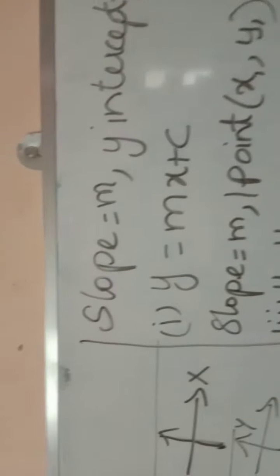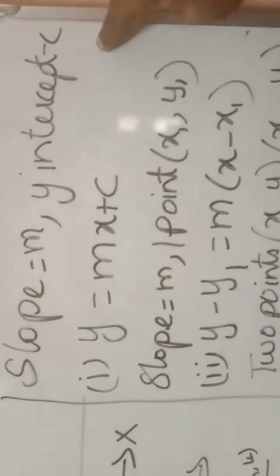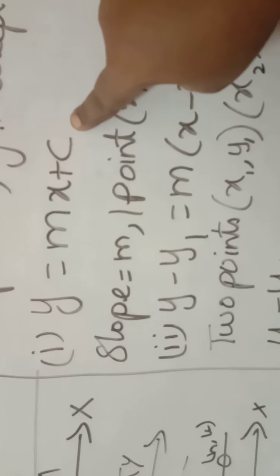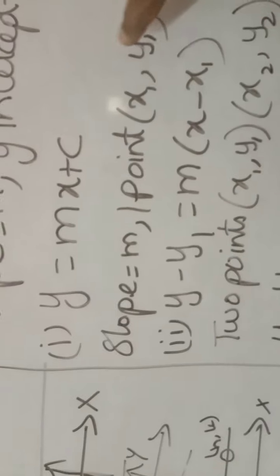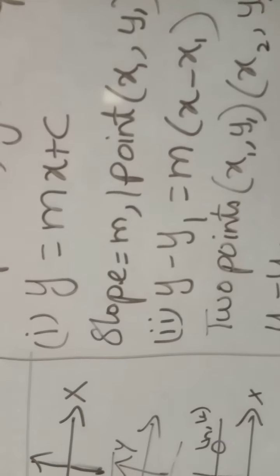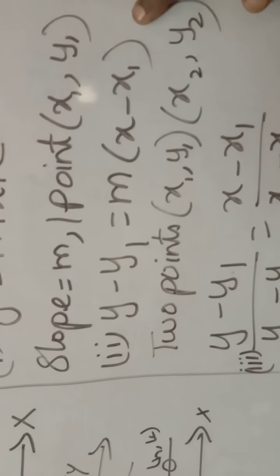Okay. First equation is y equal to mx plus c. What is m? M is slope, we know already. C, it is y-intercept. If y-intercept is given, we have to consider it as c. Now only I explain what is y-intercept. Okay. So first equation is y equal to mx plus c. M slope, c y-intercept. Okay. Study the equation alone. Y is equal to mx plus c. Second equation, y minus y1 equal to m into x minus x1.